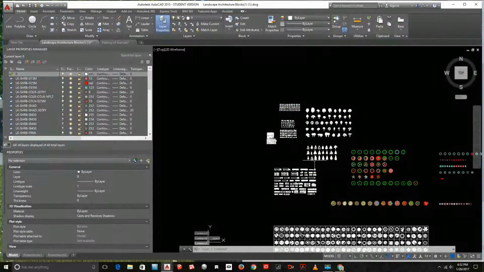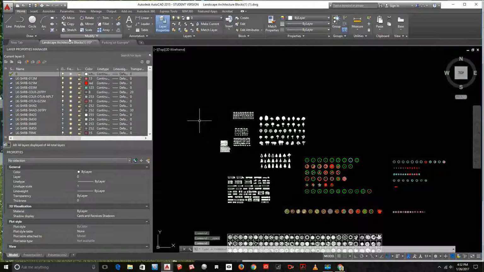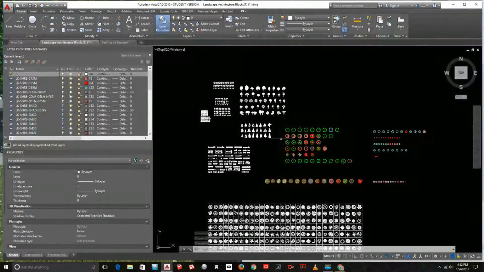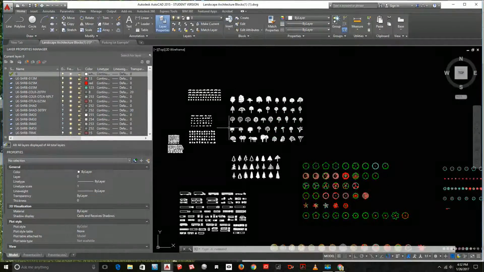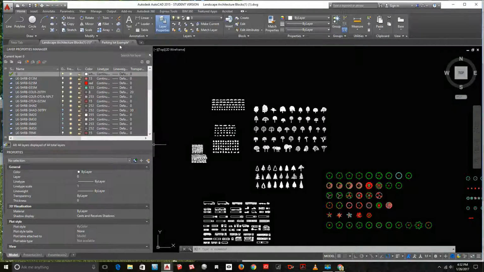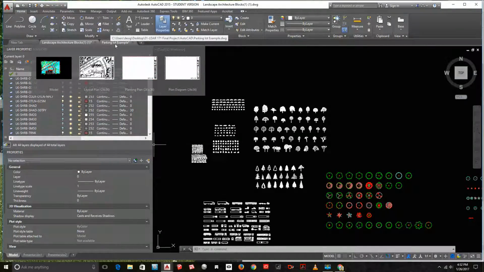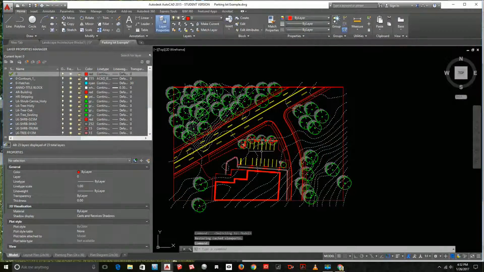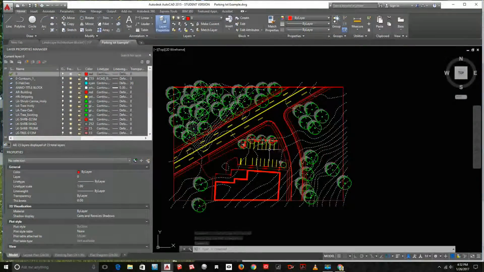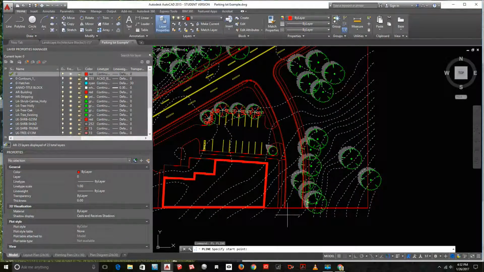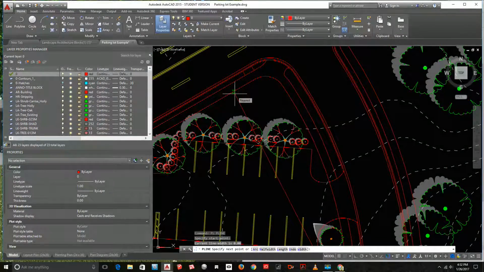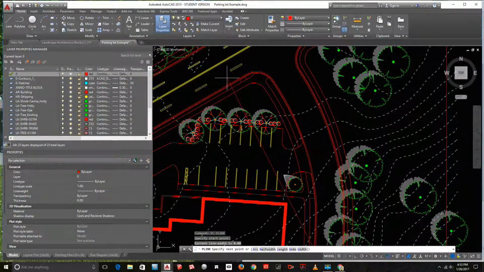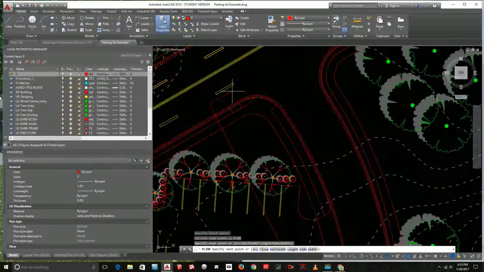I also went back and opened up the old file that we used, the reference file for the landscape architecture blocks that has elevation plant material in it, because I'll be pulling from that. And yeah, so let me come back here, and what I want to do is express how to catch these contours coming through this. So I'm going to draw my section line coming through, let's say here,